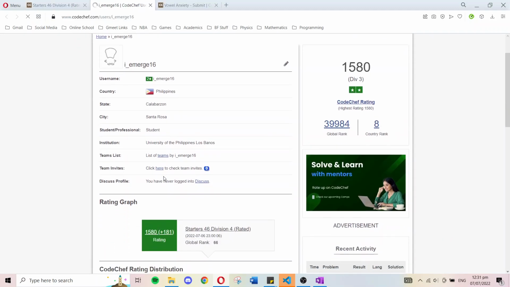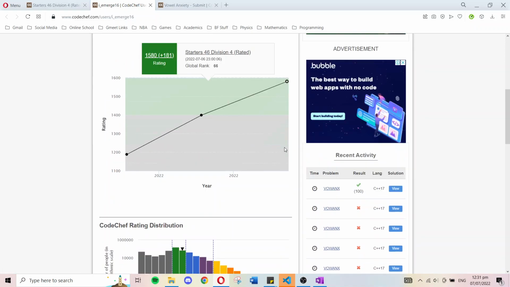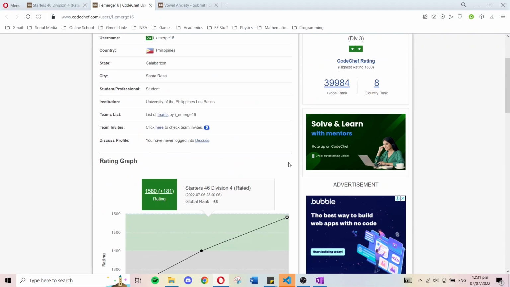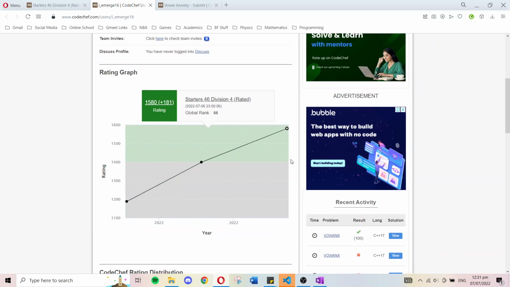Yeah, this is a pretty good graph, I think. And so far, I'm loving it in CodeChef, because I just really think it's very convenient. A lot of things are convenient